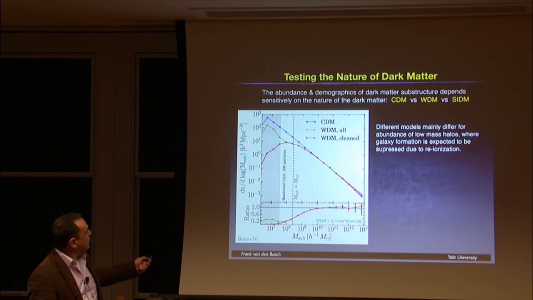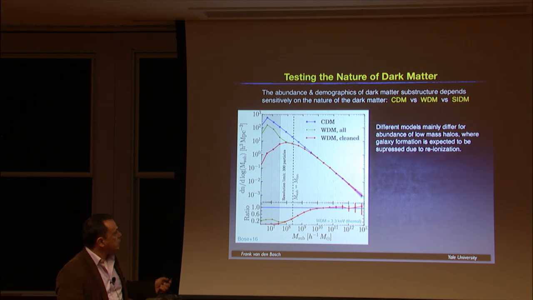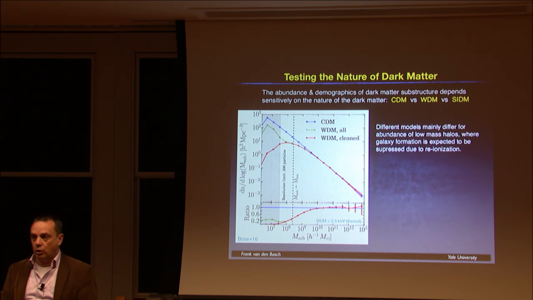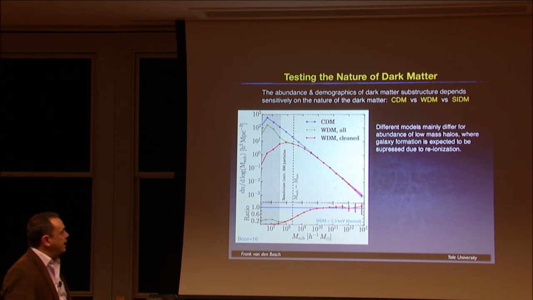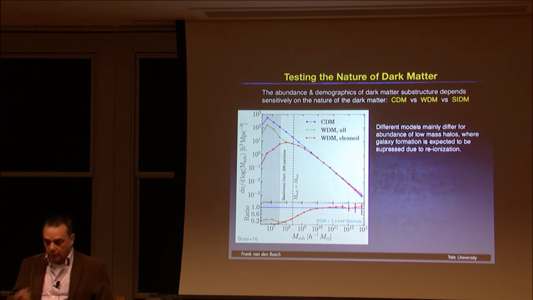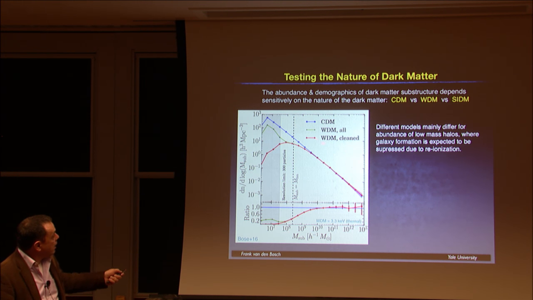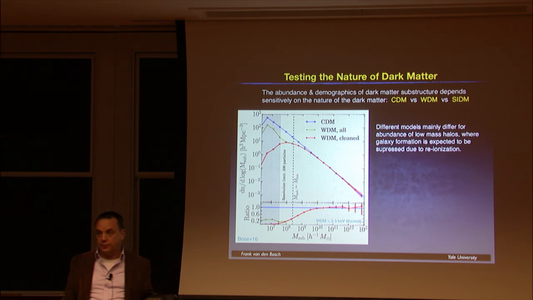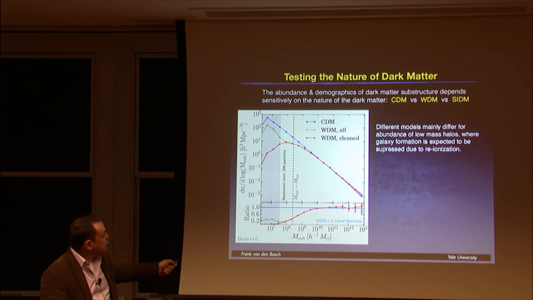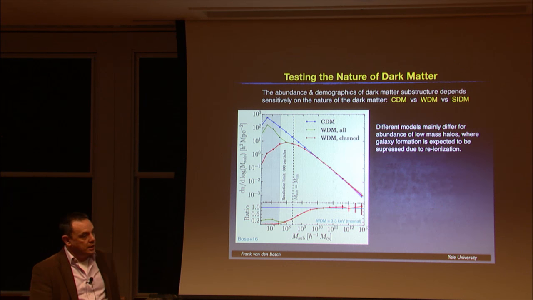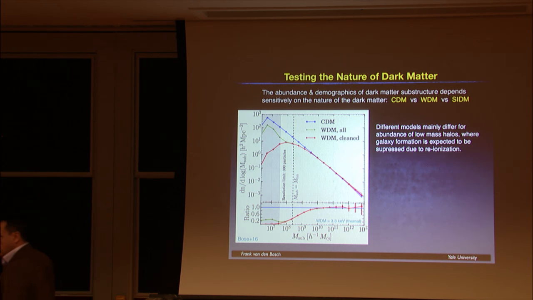This is, for example, an example from a paper from the Durham group, Bose et al., showing you the subhalo mass function in blue for a typical CDM cosmology compared to what you get if you assume that the dark matter is warm, has a 3.3 keV thermal mass. Then you get the red line. And you see that they start to deviate, okay, at the low mass end. And that's basically because of the free streaming that happens to these warm dark matter particles. And in order to be sensitive, you need to basically go to halos below about 10^8 solar masses. That's where the difference becomes appreciable.